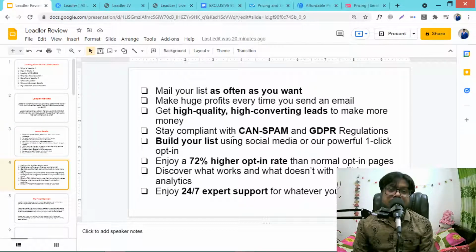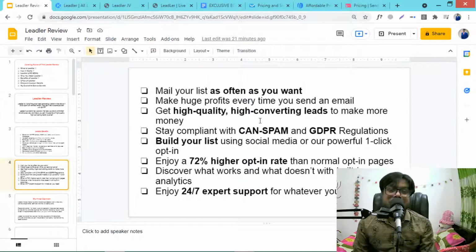Most software puts restrictions on emails, and there are lots of problems when doing email marketing. And you can mail your list as often as you want. You can send email as much as you want, whenever you want, whatever the amount, it doesn't matter. You can make huge profits every time you send an email.